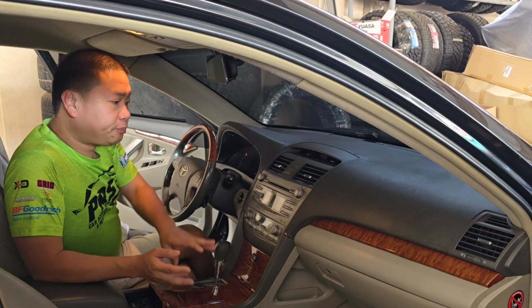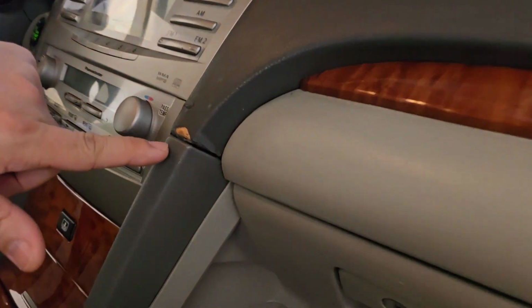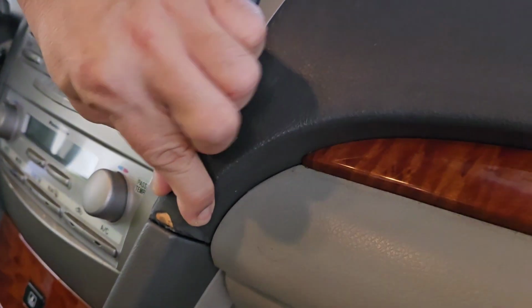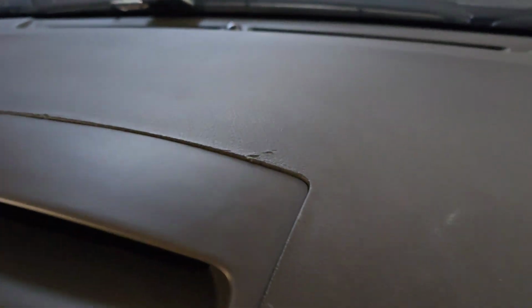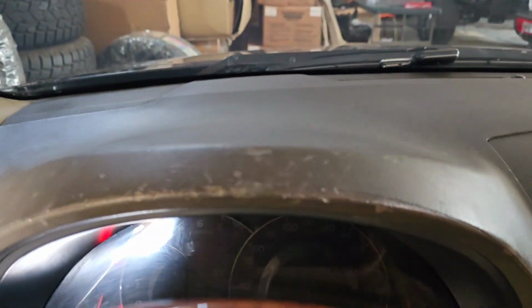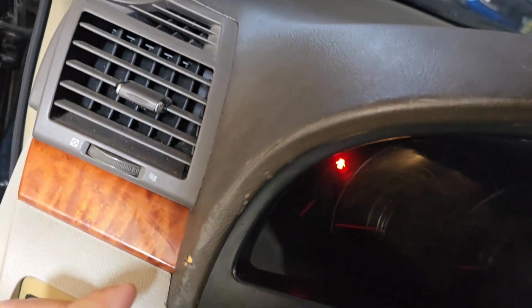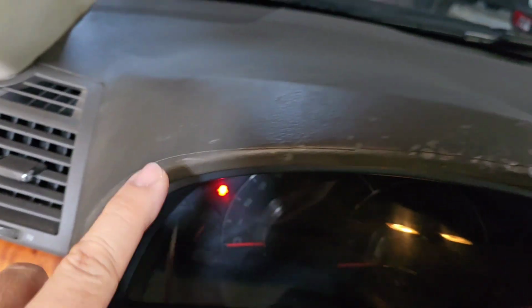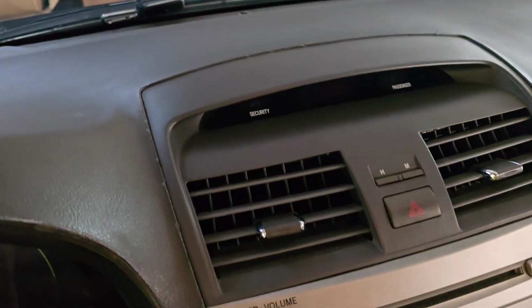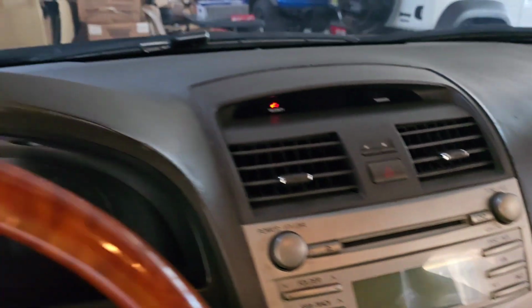This is the before. As you can see, these are melted, cracks, sticky. See? These are the problem. So, and also